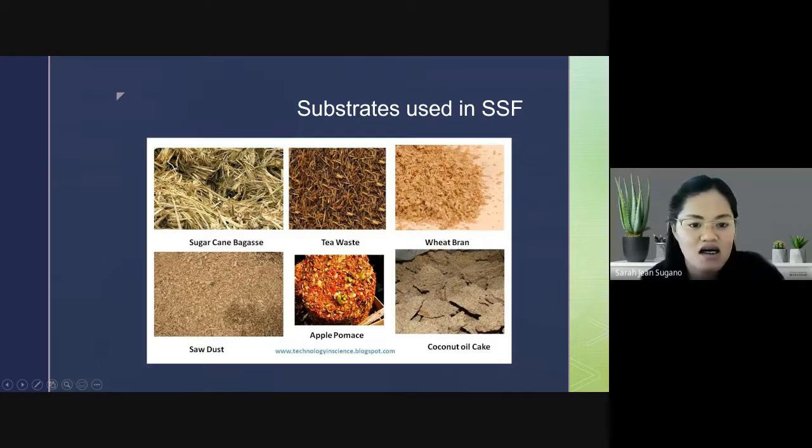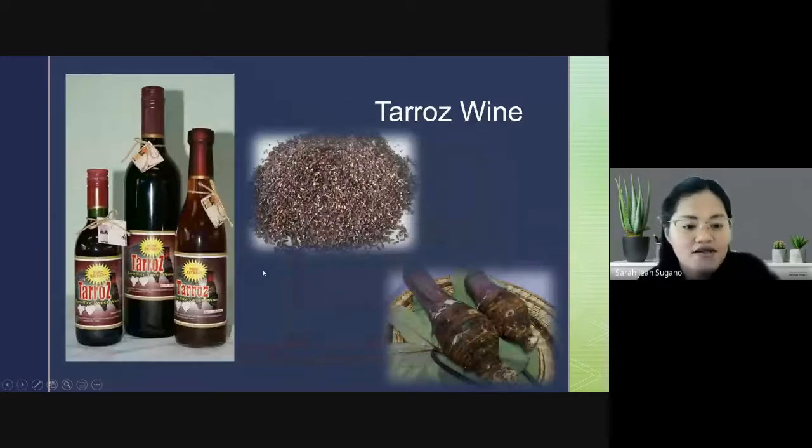So this is one of the projects in the UPLB where I conducted my thesis. In the environmental laboratory, they used sugarcane bagasse. Okay, we have also apple pomace and then coconut oil cake. So okay, this is one of the products of the Philippine Root Crops Research Training Center, the Taro's wine. So have you ever tasted this one